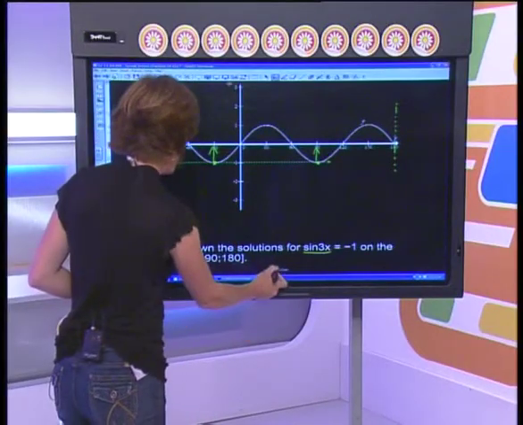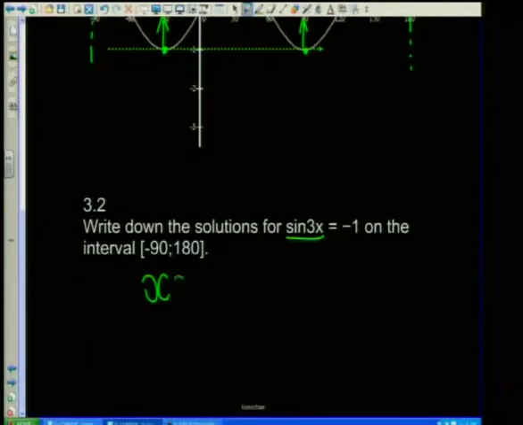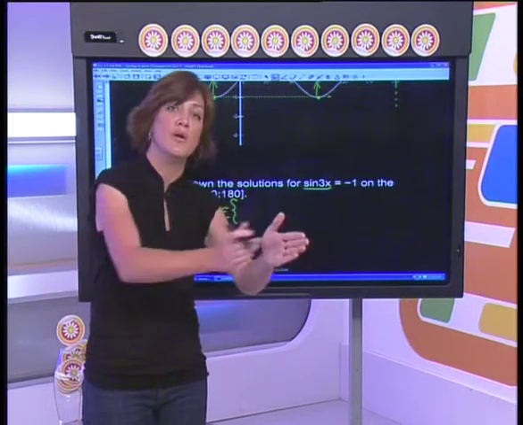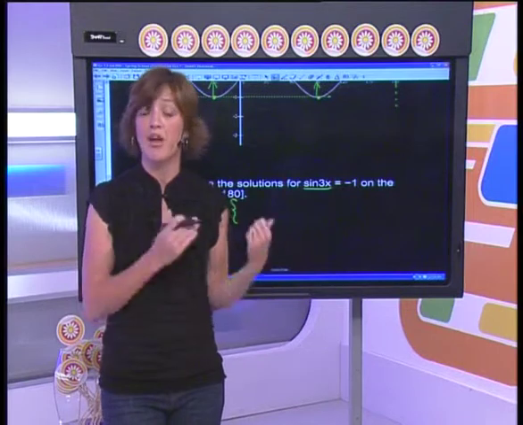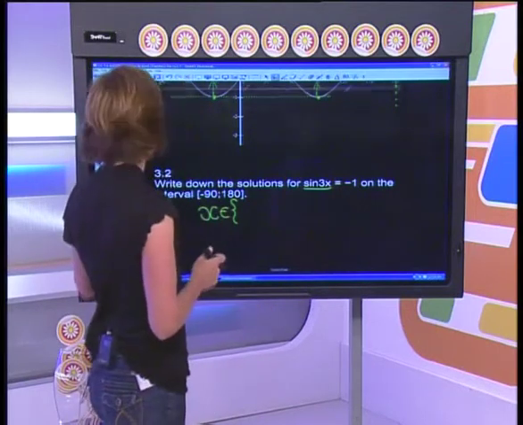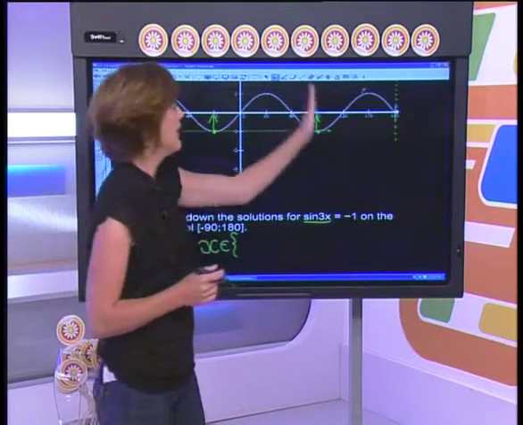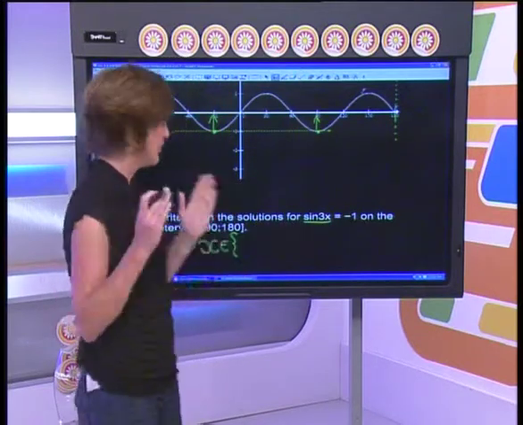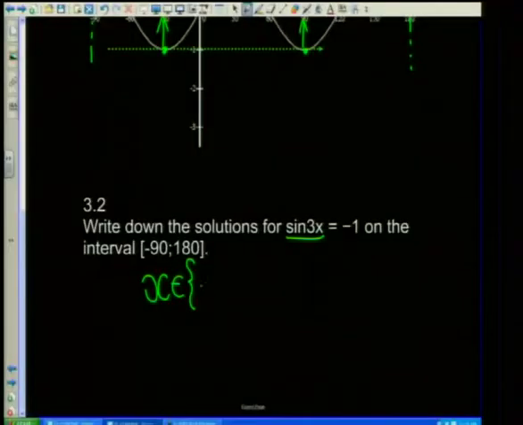Okay, so the way we write our answer is we say x is an element. Okay, we're going to use our curly brackets like so, because what we're doing is we're not talking about a range of points. I'm talking about specific points. Okay, if I wanted to talk about a range of points from one point to another, we would use our interval notation, which is our square brackets and our round brackets. Okay, I'm not doing that here. I'm saying that I'm specifically talking about -30, and I'm specifically talking about 90. So therefore, in a curly bracket, we say that x is equal to -30 and 90. And we close that off.